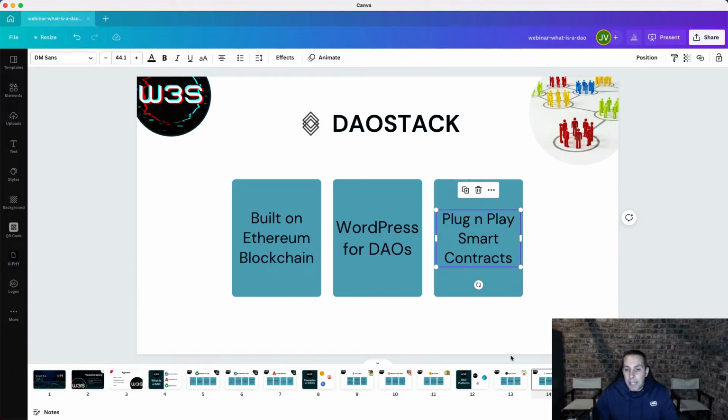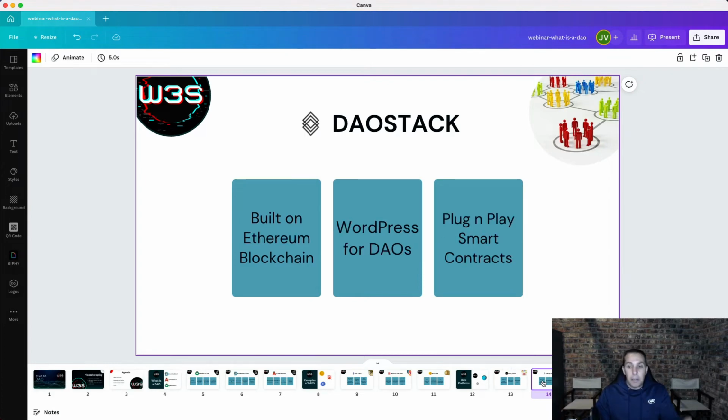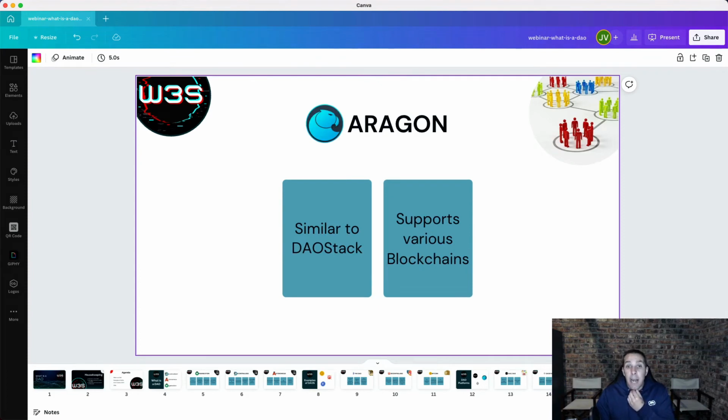So you've still got those natively embedded capabilities within that DAO, with decision making that runs directly on the blockchain. That's quite different to what I mentioned earlier, and that's why I said it's got basic capabilities that give you what you need to get started, but I wouldn't necessarily say it gives you what you need to run some high-end DAOs that will run Decentraland or Uniswap or anything like that. It's my personal opinion. I could be wrong. But from my experience, that is really the difference between these. If you take a look at Aragon DAO, also very, very powerful, very similar to DAOstack.